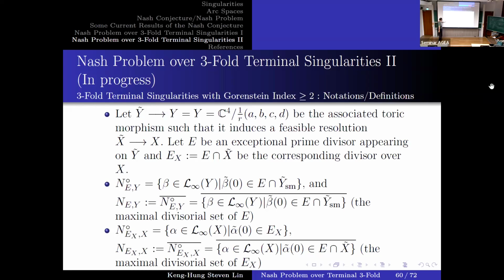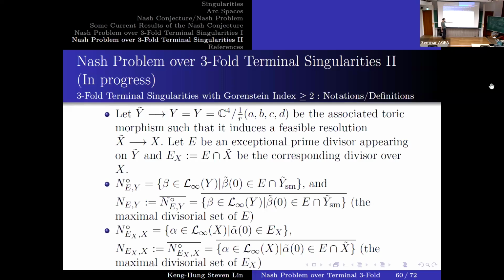Okay, so right now we are focusing on a divisor E. Outside is called E, inside is called E_X. Then we consider the set of arcs which can be lifted